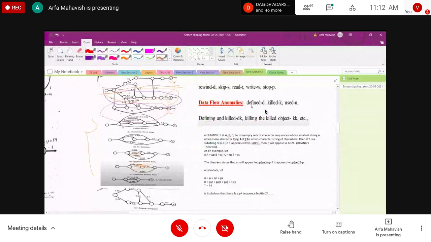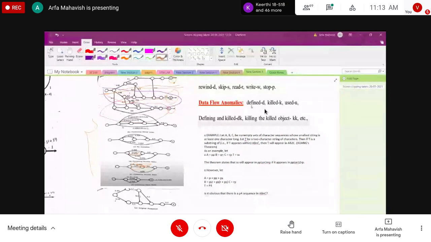Let's consider we have A, B, C as non-empty sets of character sequences with a smallest string of at least one character long. Let T be a two-character string. If T appears within AB^n C, then T will appear in AB^2 C.